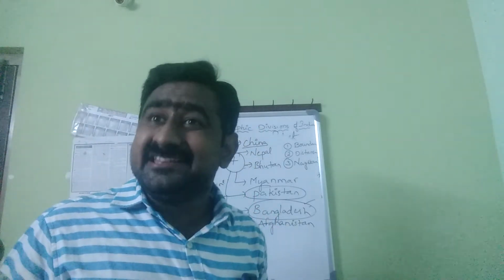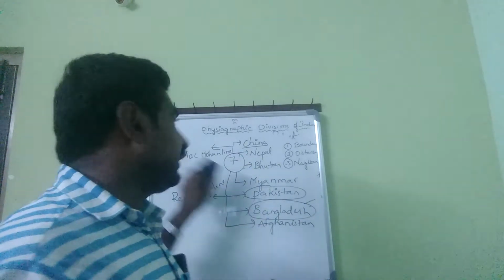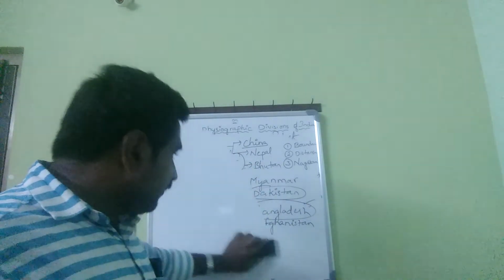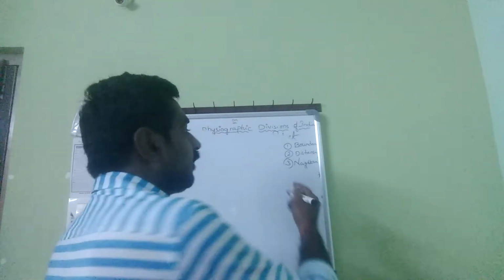So this is the third topic. The first topic is about the boundaries, the second topic is about the distances, and the third topic is about the neighboring countries. And let us move into the fourth session. The name of that fourth topic is